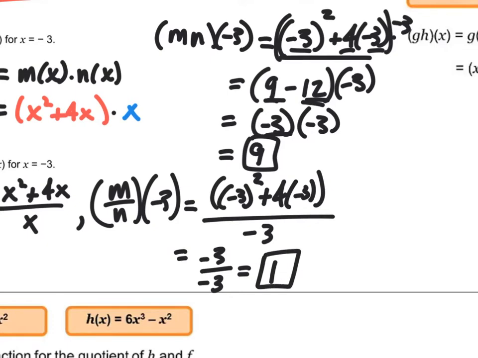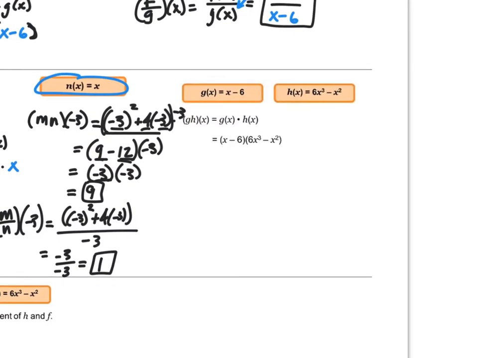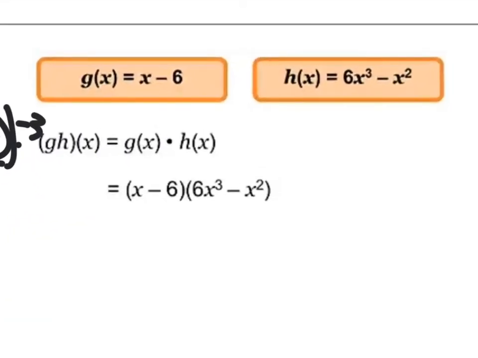So if you multiply these functions together and you plug a value in, you're going to get something different. Same thing if you divide them, you're going to get something different out of this. And that's all I got. Now, on the next one,